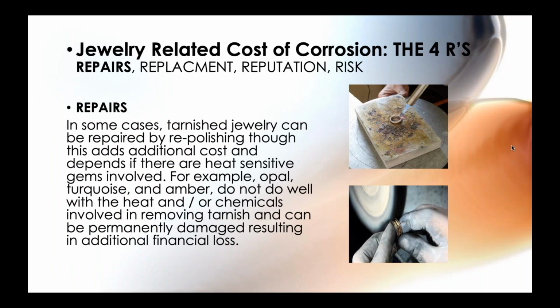What we want to do now is concentrate basically on the 4 R's of the cost of corrosion on jewelry. Those 4 R's being repairs, replacement, reputation, and risk. We're going to start with repairs. In some cases, tarnished jewelry can be repaired. It can be repolished, it can be chemically cleaned, so we can return it to the state that it looks